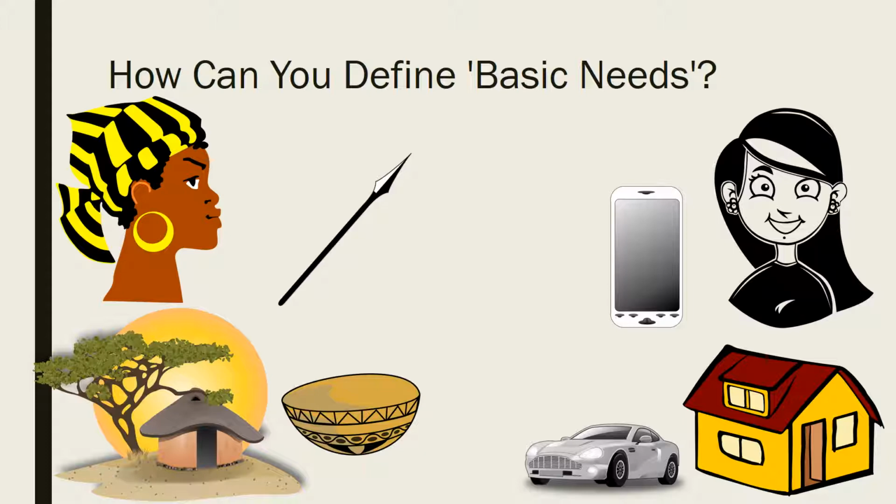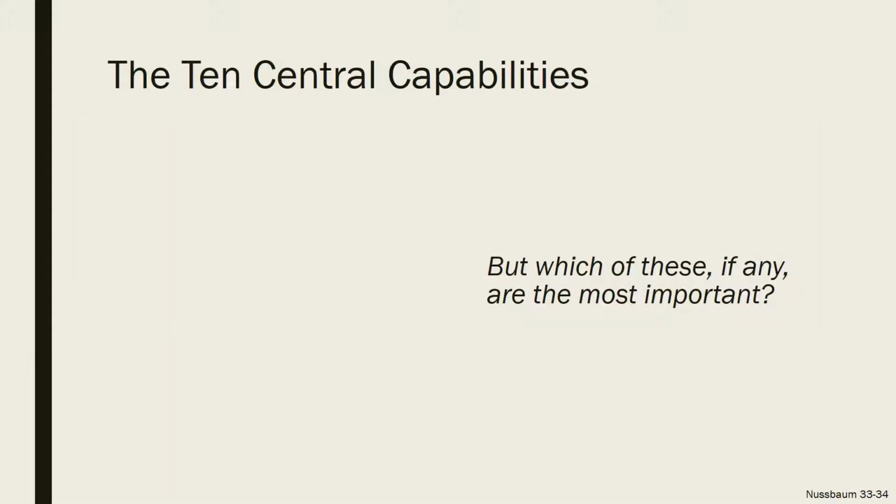This example highlights what the SPM and the OPM have been missing throughout the years of measuring income. There is more to living a dignified life than simply having sufficient income to pay for the basic necessities. Martha Nussbaum says that there are 10 central capabilities that every human needs to live a dignified life. These are life, the ability to have a lengthy life without premature death; bodily health, which is having good health from diseases and nourishment, shelter, and the ability to reproduce; bodily integrity, which is being able to move around safely